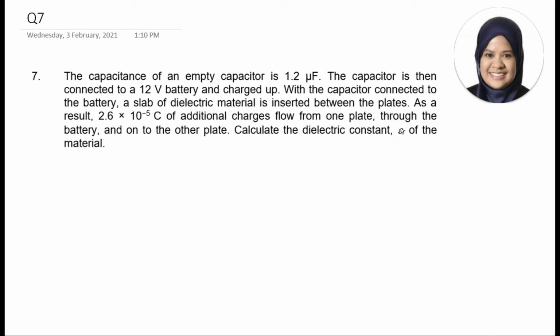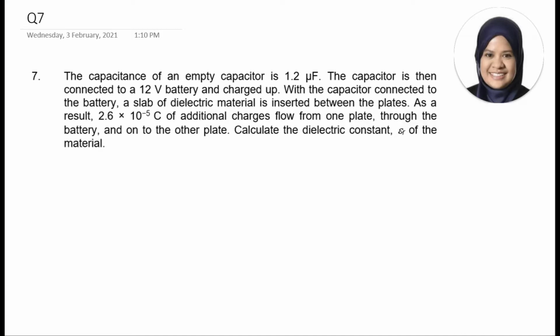Dalam video hari ini, saya akan ajar cara menggunakan formula yang berkaitan dengan dielectric constant epsilon R apabila dielectric is being inserted between the plates. Okay, so apa yang ada kat dalam soalan ni adalah diberikan capacitor which is empty capacitor. Okay, empty capacitor saya ni